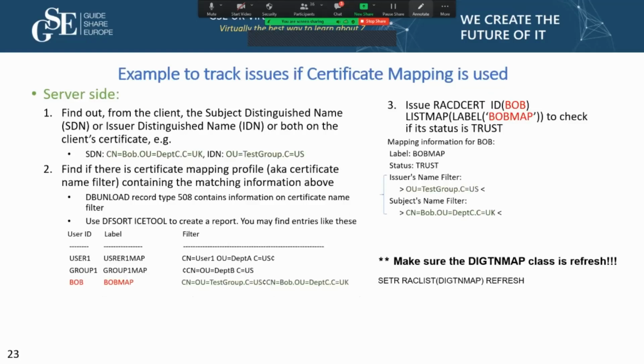Let's use an example to illustrate the points we just discussed for certificate mapping. The client side needs to find out what the SDN and the IDN are. For example, the SDN in this case is CN=BOP, OU=Department C, C=UK. The IDN is OU=test group, C=US. Then we find out whether there is a certificate mapping profile, which is also known as certificate name filter, containing the mapping